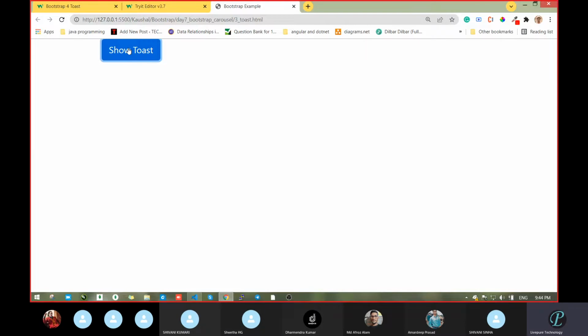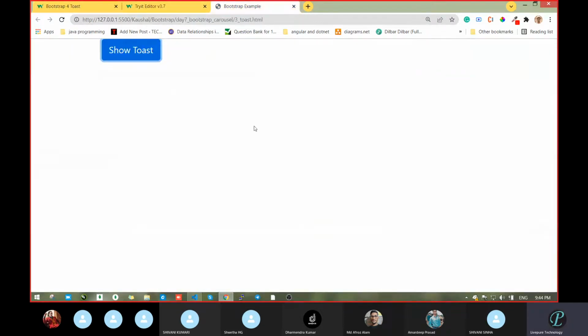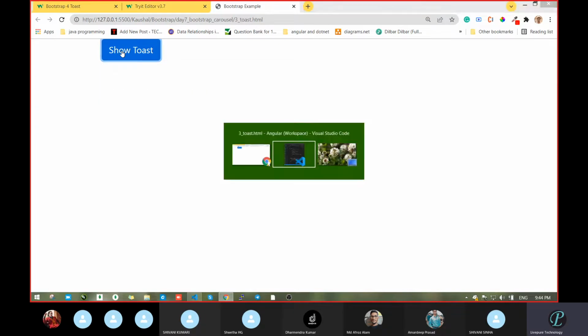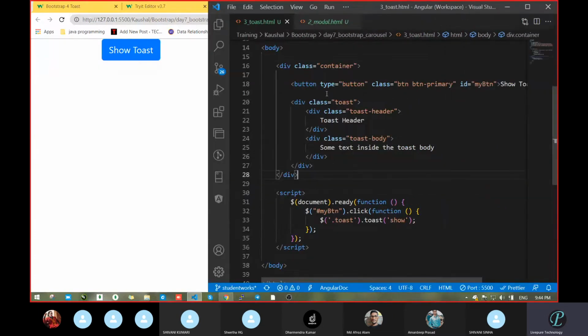See, what is the use of toast? Anybody thinking that this is eating toast? This is not eating one, okay? So see, what is the use? When we click on this, within a few seconds it will auto hide. I'm not doing anything, but it is going to auto hide. Just let me add some color there. Toast. Okay, let's go to the code.